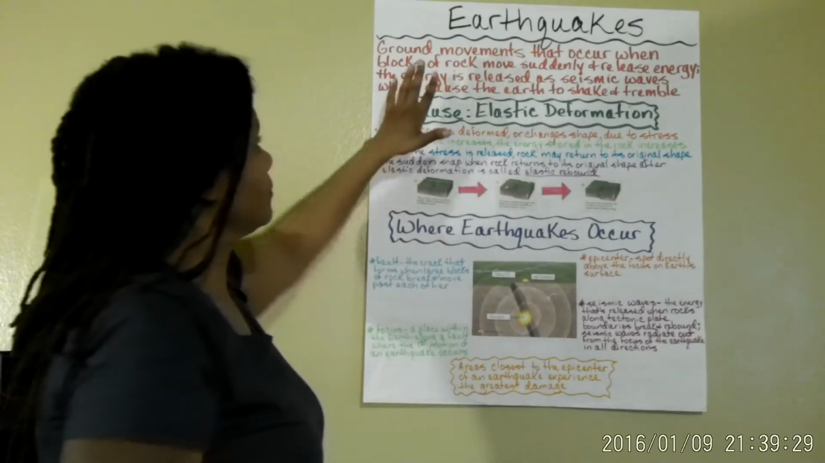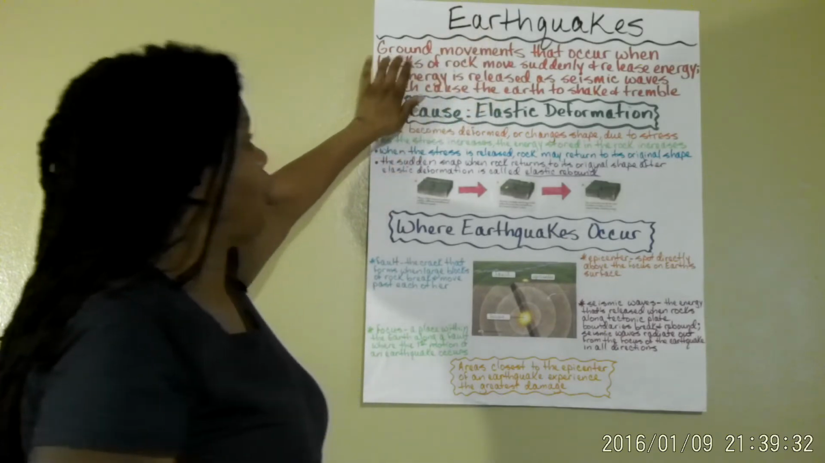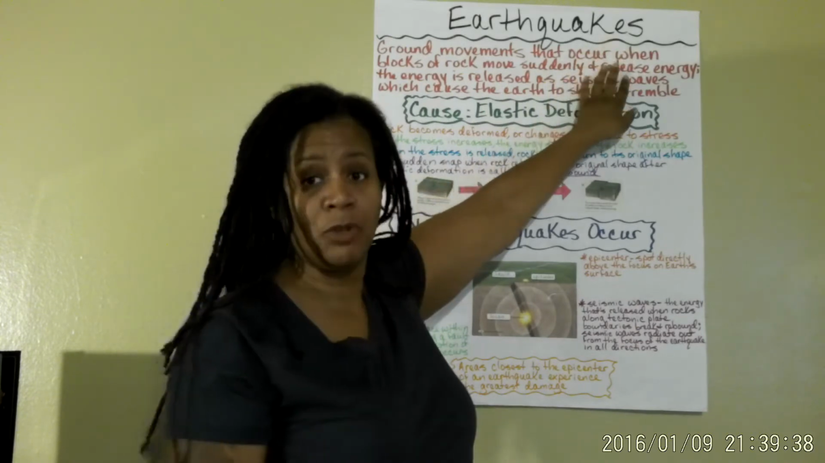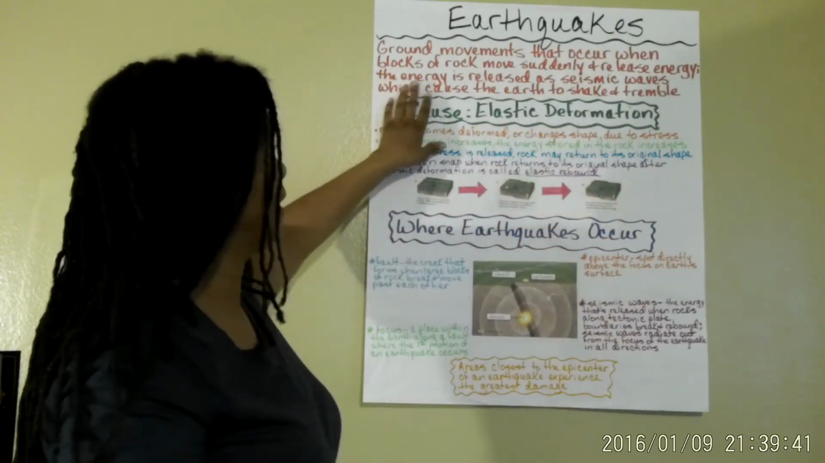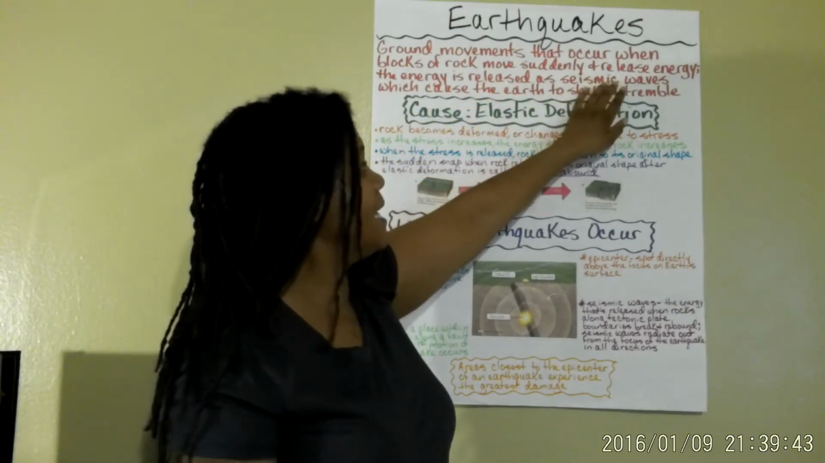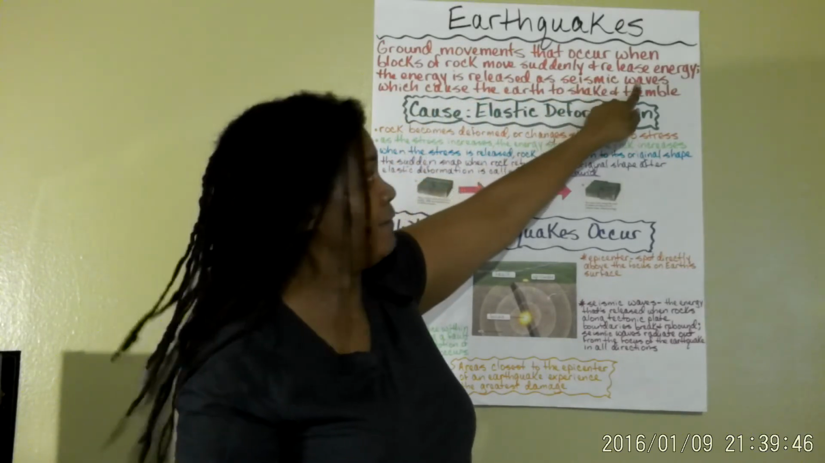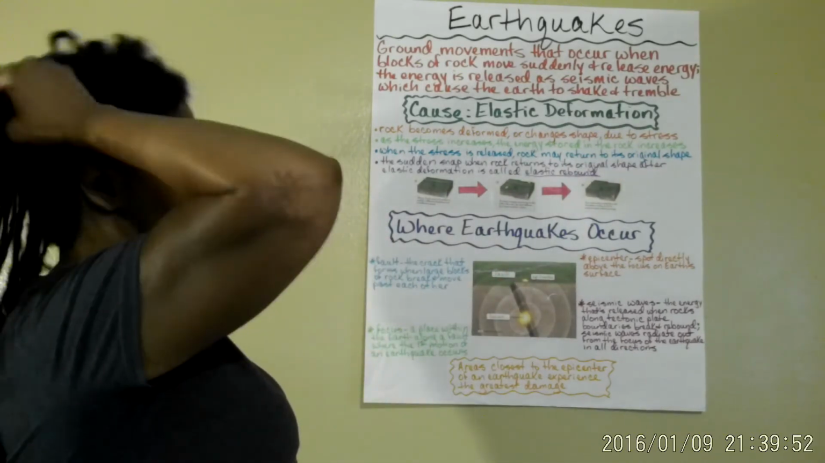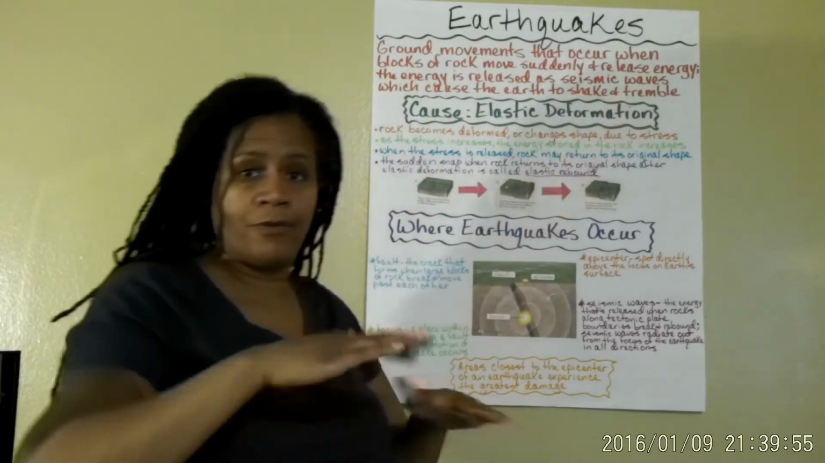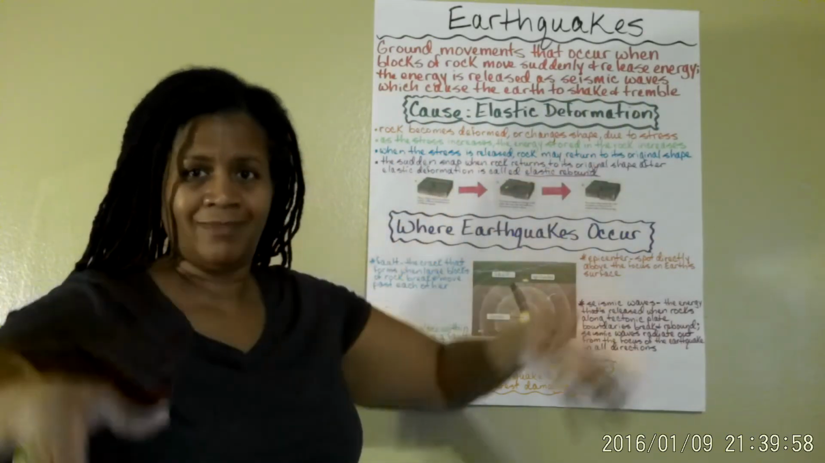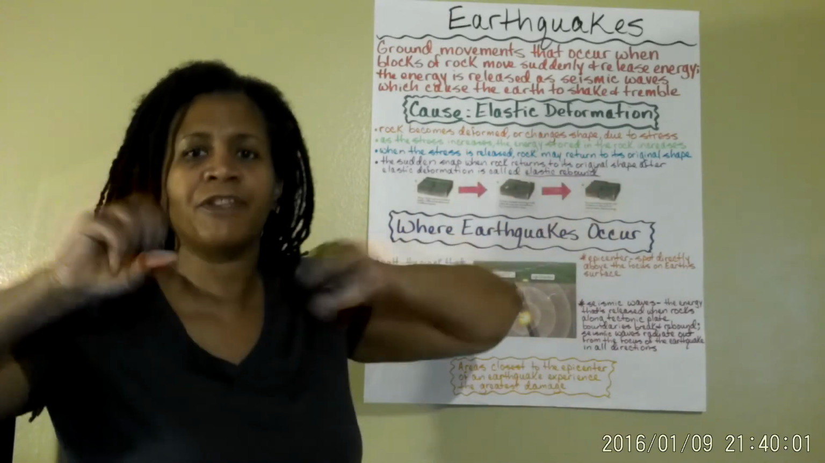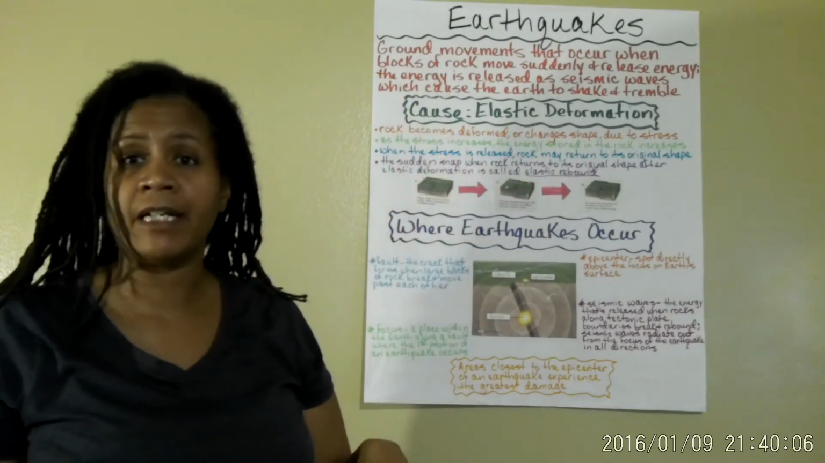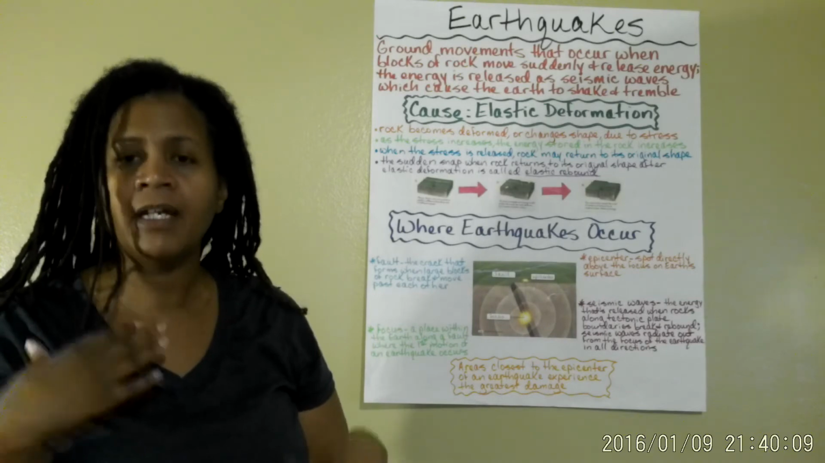So earthquakes are ground movements that occur when blocks of rock suddenly move and release that energy, okay? And the energy is released as what's called seismic waves. And we'll talk about the waves more when we get down to this diagram, okay? But it's those seismic waves, or the release of the energy, and they call it waves. It's the movement of the energy outward, okay, that causes the earth to shake and tremble. And that's what we feel as an earthquake,